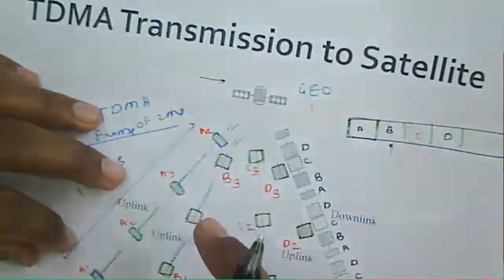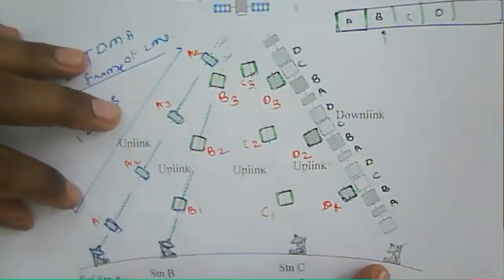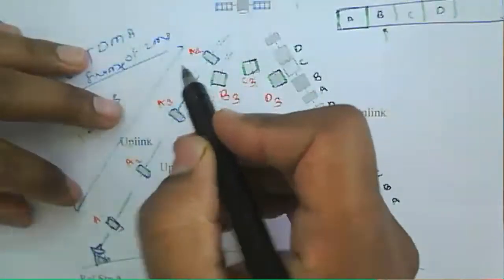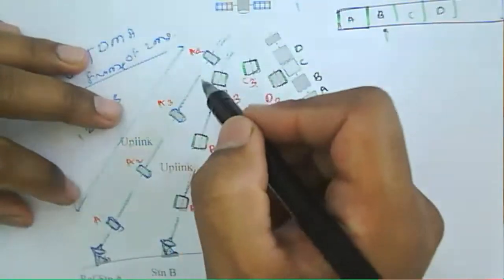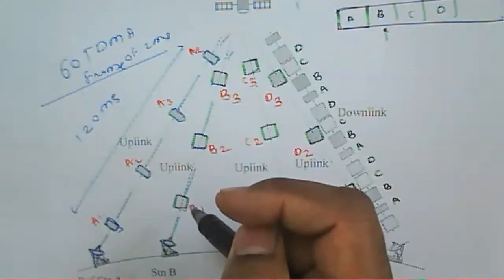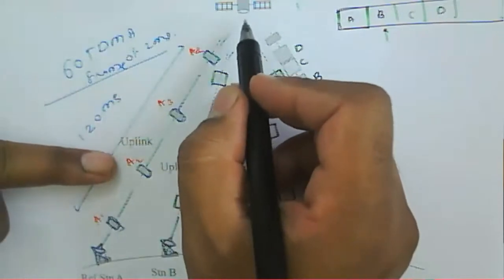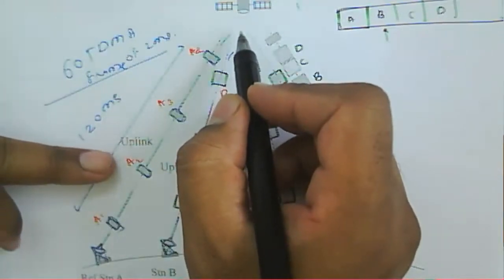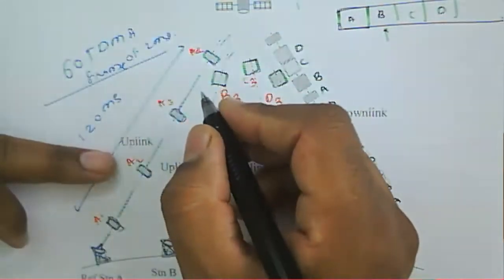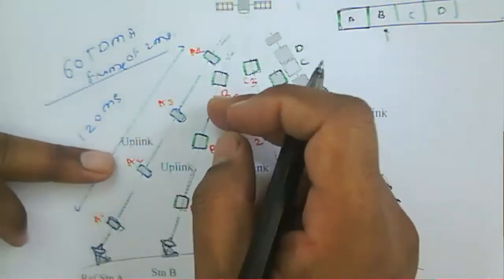So that's why the Earth station should know what the drift position of the satellite will be. To understand the drift position of a satellite in a given orbit, one pulse is to be transmitted from the Earth station to the satellite, and then we identify where the position of the satellite is. That is nothing but the Doppler effect, and that Doppler effect will identify the movement of the satellite in the given orbit.